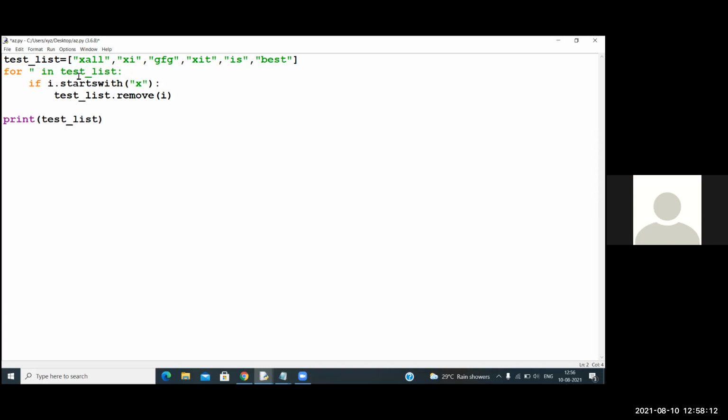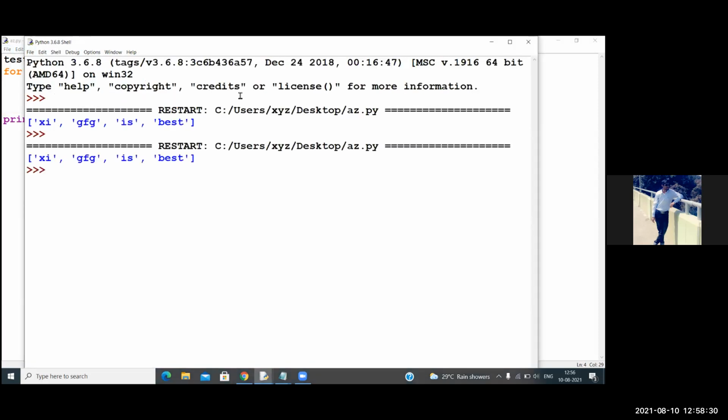And in the remove, that will not be i, that will be word. Okay, let me check what output is coming. Close the output section.